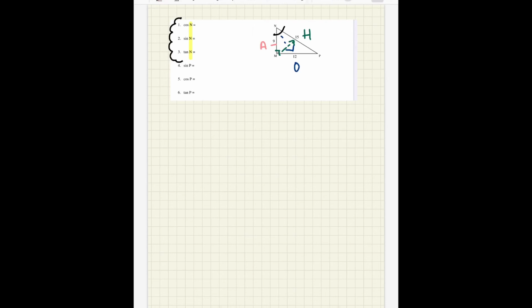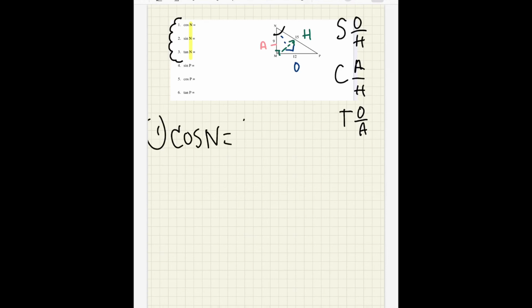And again, before you start, you want to write down your SOH, CAH, TOA. Number 1 is asking for the cosine of N. And like we said, the cosine is just your adjacent over hypotenuse. I'll write it here. Your cosine of N is just your adjacent over your hypotenuse, which based on this picture is